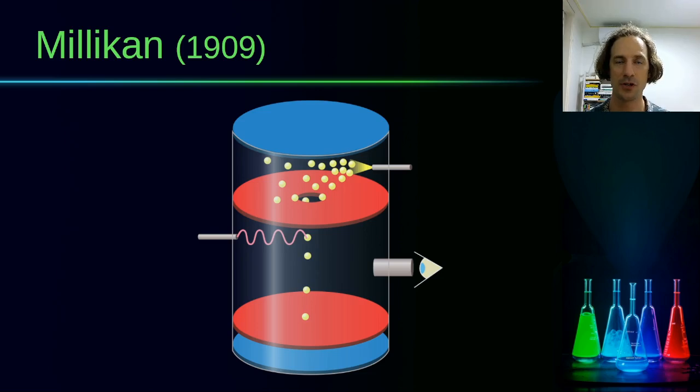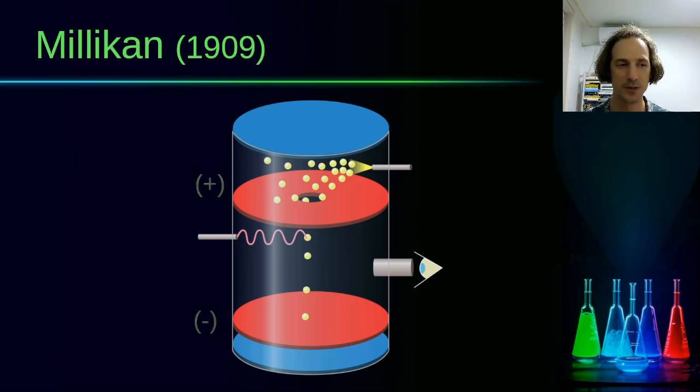To actually measure the charge of the electron, Millikan designed a different experiment in 1909, in which he used oil droplets in a vacuum chamber to remove one of the variables, which was the mass. So he did not want to measure the particles by themselves, which had an unknown mass at the time, but he used these oil bubbles for which the mass could be calculated, and once the mass is known, he could calculate the charges. So he used an X-ray source to remove an electron, or 2, maybe 3, maybe 4, from these droplets,